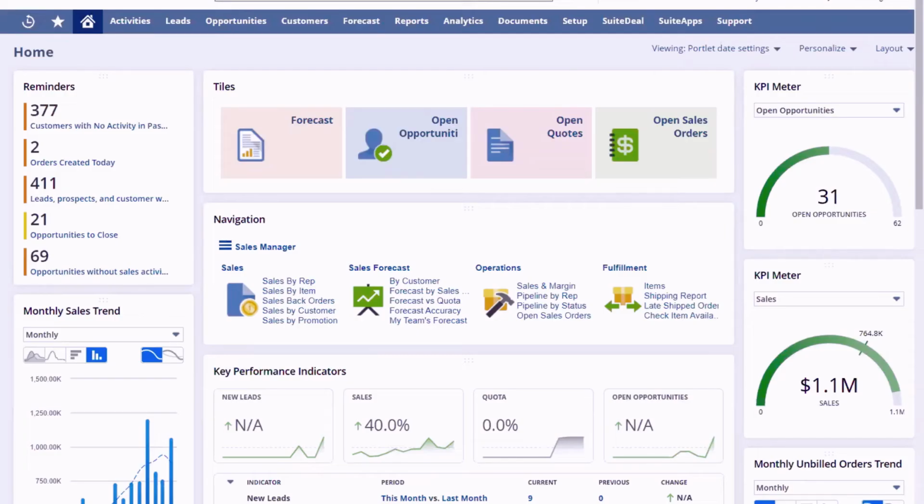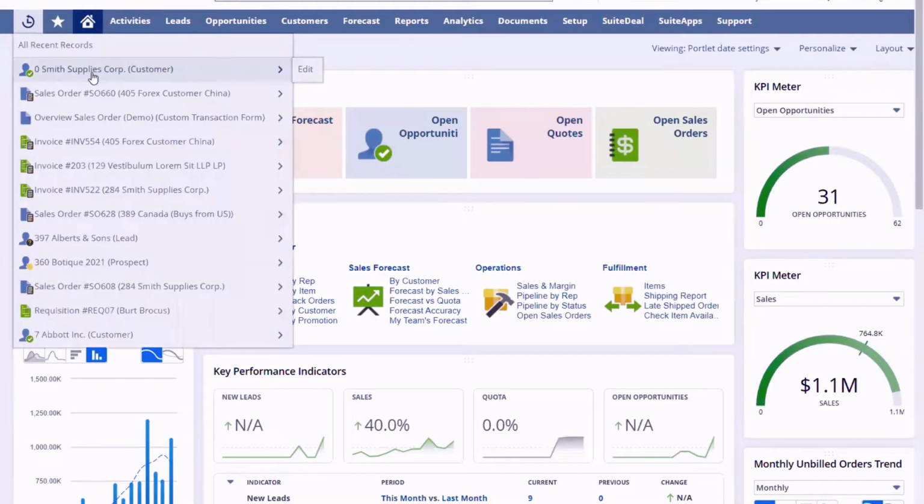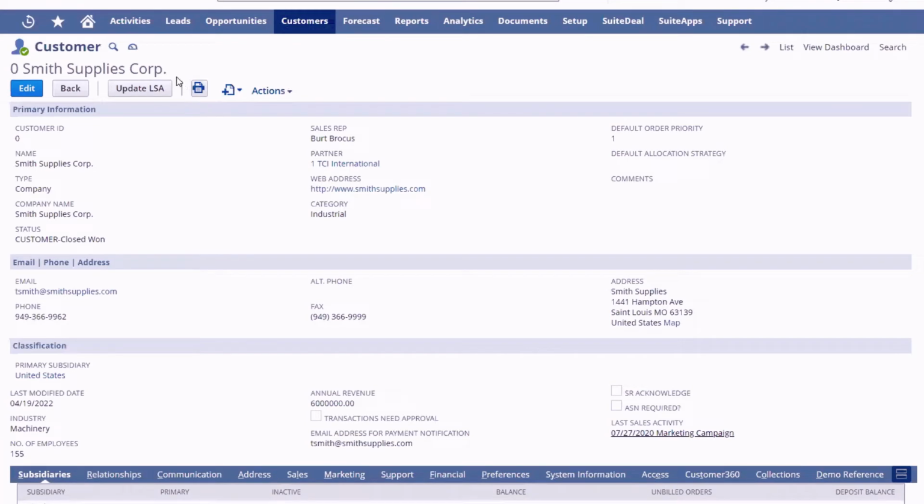Here we see the NetSuite dashboard for a sales manager role. And what we're going to talk about today is some of the flexibility within the system. So opening up a customer record, we're going to see all the pre-configured fields and everything that we're capturing on